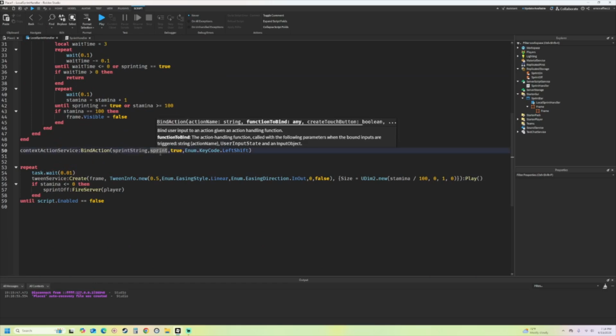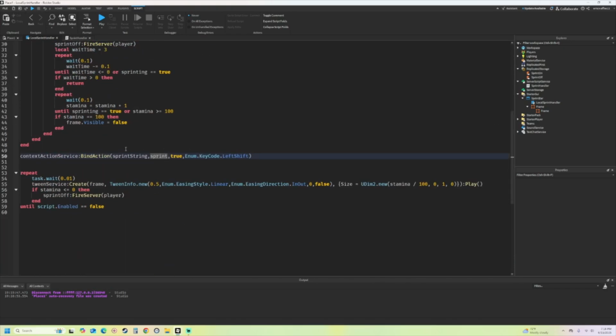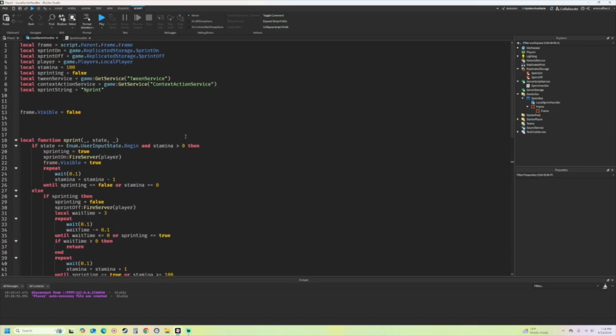Instead, here you could just put a string, which is the name. But it's just for the name of the action that we're binding in the context action service. But yeah,